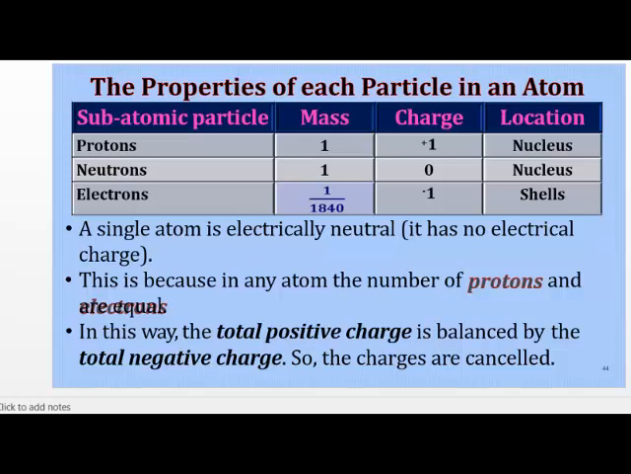This is because in any atom, the number of protons and the number of electrons are always equal. So the number of protons, the ones that are found in the nucleus, and the number of electrons that are in the shells, in the orbits, they are always equal. That's why the atom is electrically neutral. So in this way, the total positive charge is balanced by total negative charge. So the charges are cancelled. That's why we get what? We get neutral. Okay? From there now, let us